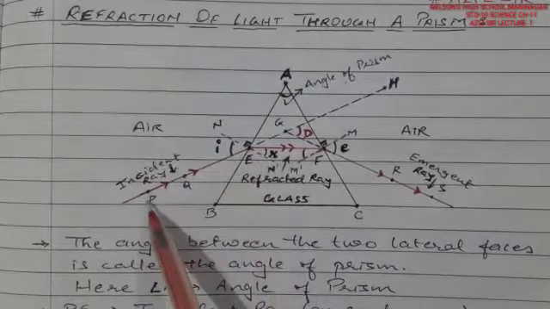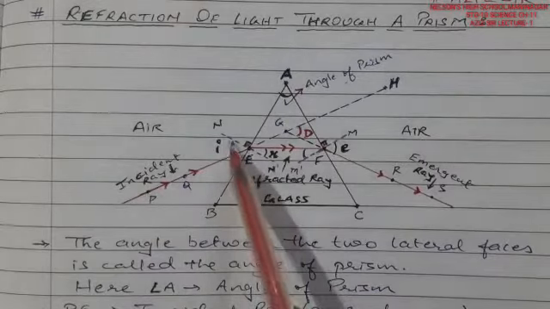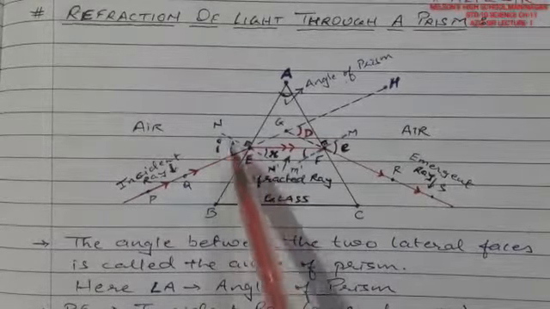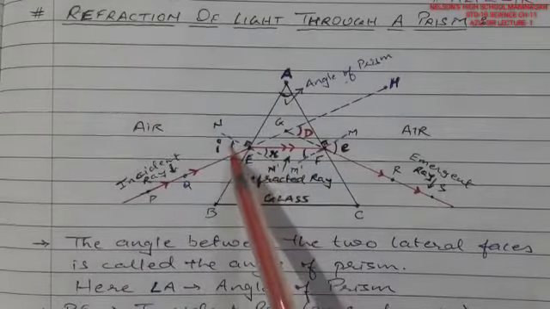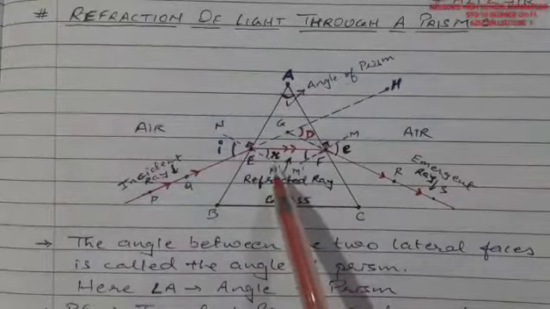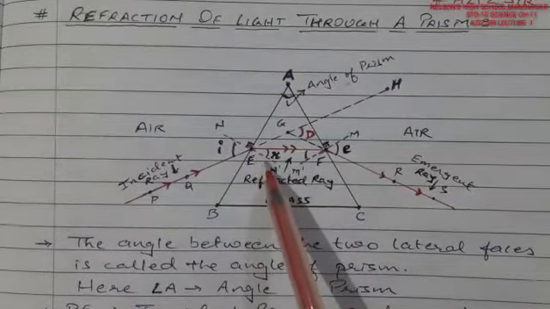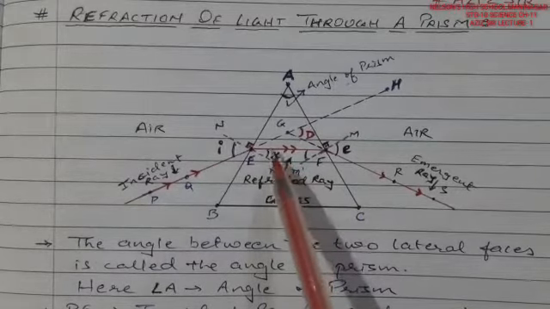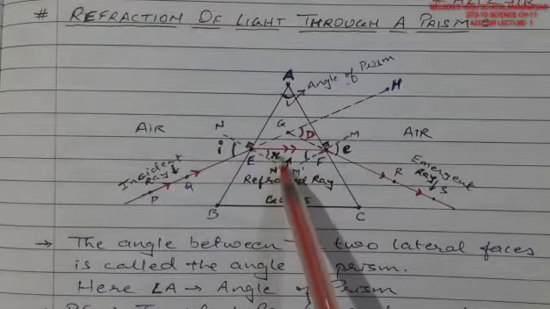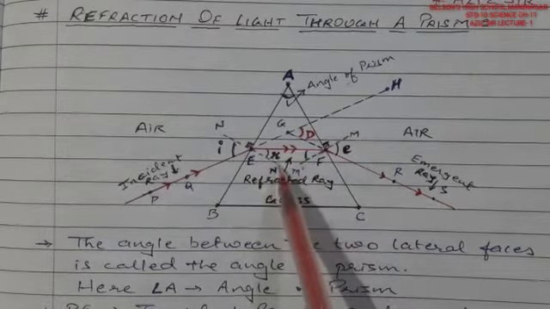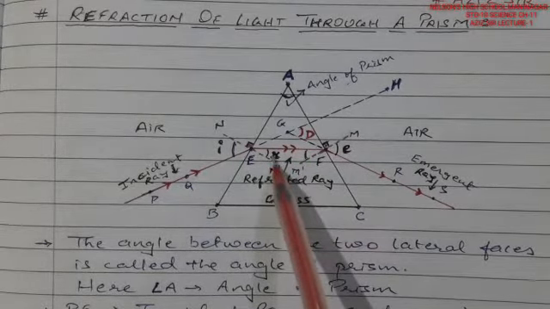This angle of incidence is made by an incident ray towards the normal, that is, from the normal we are counting. So this is a normal N dash, and from the normal N dash this incident ray is making an angle I. In the same way, from this particular normal, the ray which is refracted inside the glass is making an angle here. So this angle made by the refracted ray towards the normal is called an angle of refraction. This you are able to see as an angle of refraction, right?